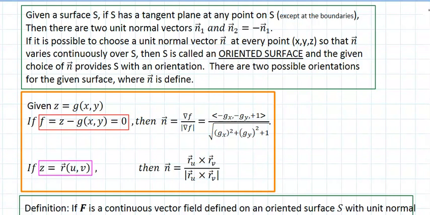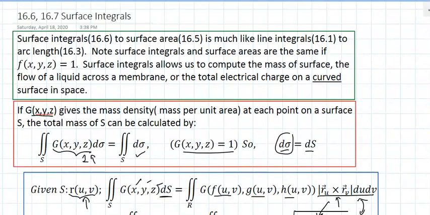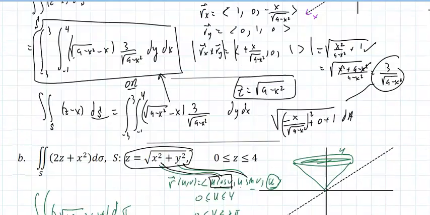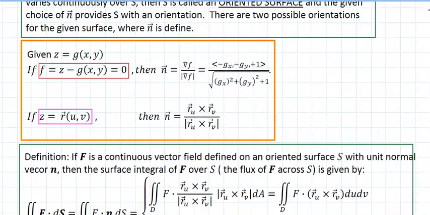Okay, continuing on, section 16.6 or 16.7, depending which school you're at. This talks about surface integrals. If you recall, we did that part. Surface integrals, we talked about, okay, well, am I given the description in terms of a vector or is it in terms of a function? Z equals f of x, y. So if I continue on,